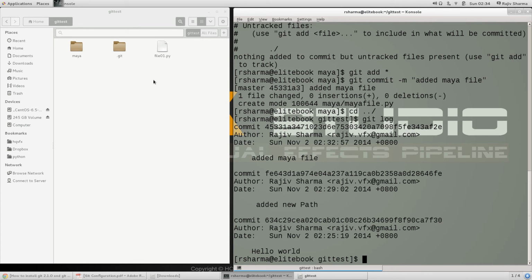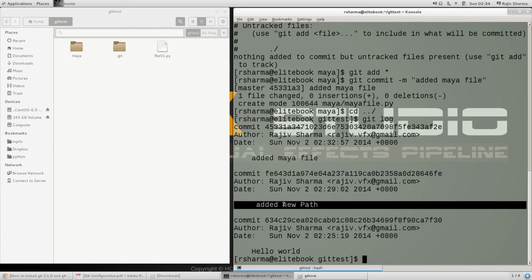And once you go through this process, then we will move to the next level of git, that is called branching and merging. Also we will cover how we can go back to a particular commit that we want, and